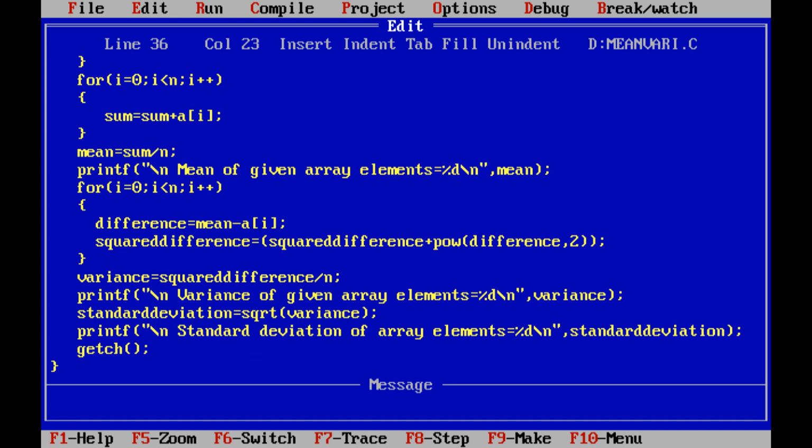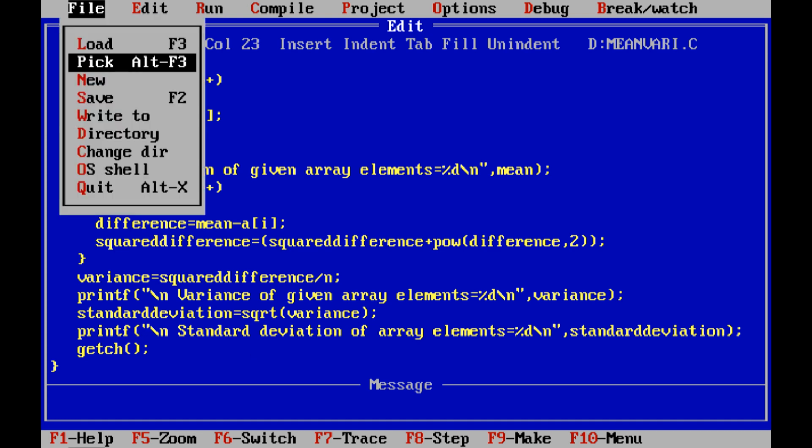So square difference value is 1000 divided by 5, that is 200. So 200 is the variance value. Standard deviation is equal to root of variance value. So variance value is 200. Root of 200 is 14 point something, where consider only integer part, that is 14.